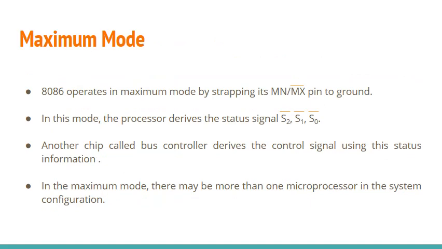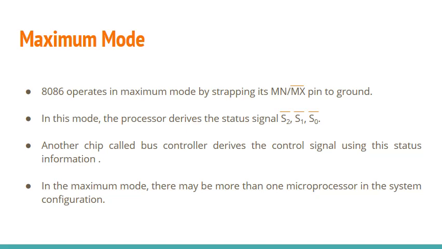The maximum mode configuration of 8086. The 8086 microprocessor operates in its maximum mode by strapping its MN/MX bar pin to ground. That is, when it is a 0 value for the MN/MX bar pin, then the 8086 will be working in its maximum mode configuration. In the maximum mode configuration, the processor derives the status signals S2 bar, S1 bar and